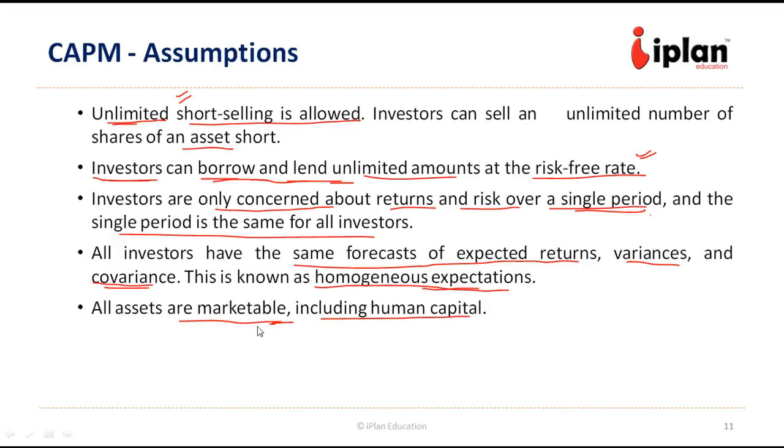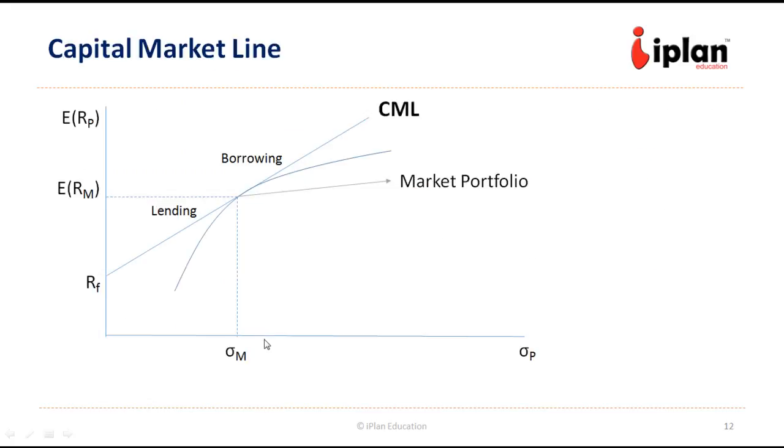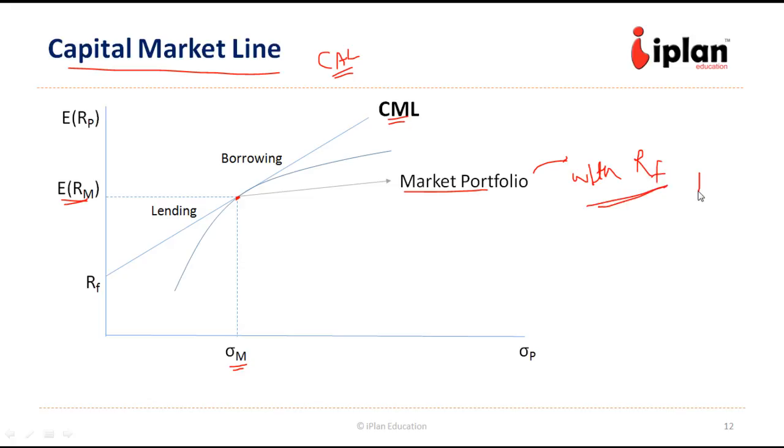Now let us move to the next concept, the capital market line. Earlier we have seen the capital allocation line in the previous discussions. Here we are talking about the capital market line. So while we are on a market portfolio, which is giving us the expected rate of return on the market, at this point we can mix the market portfolio with risk-free assets so that we can increase or decrease the risk and return.